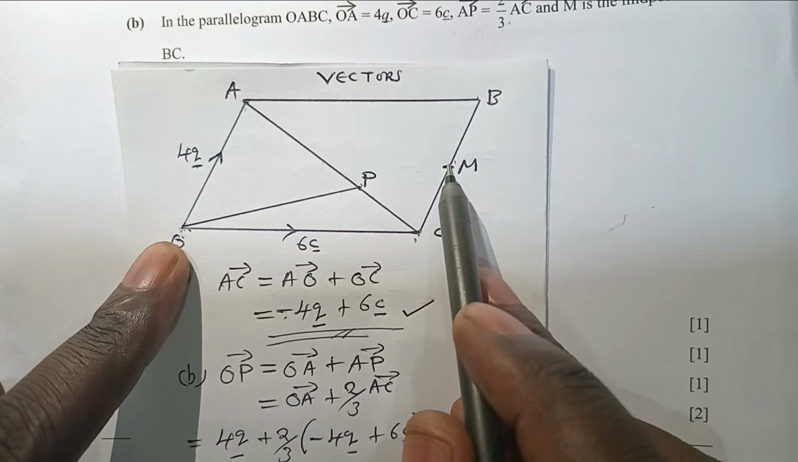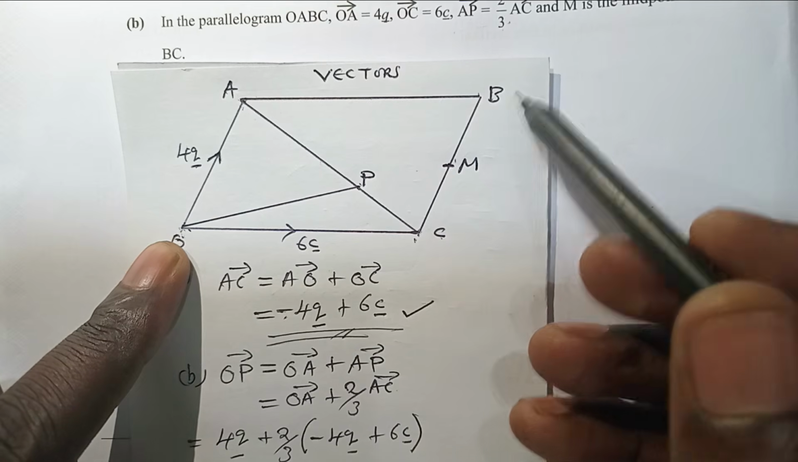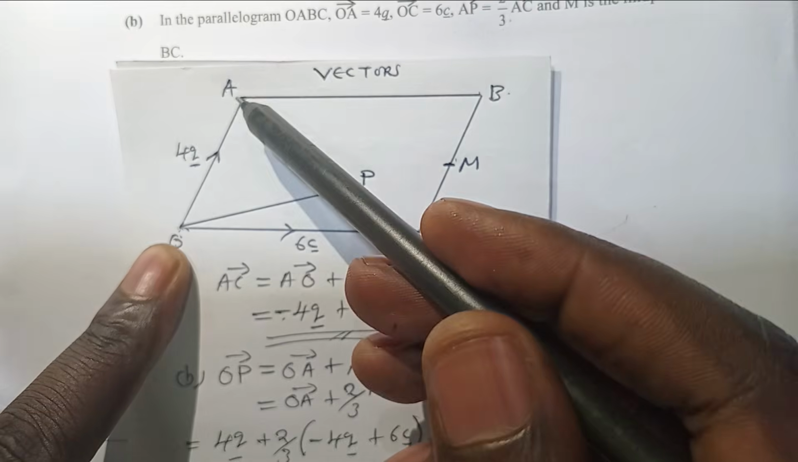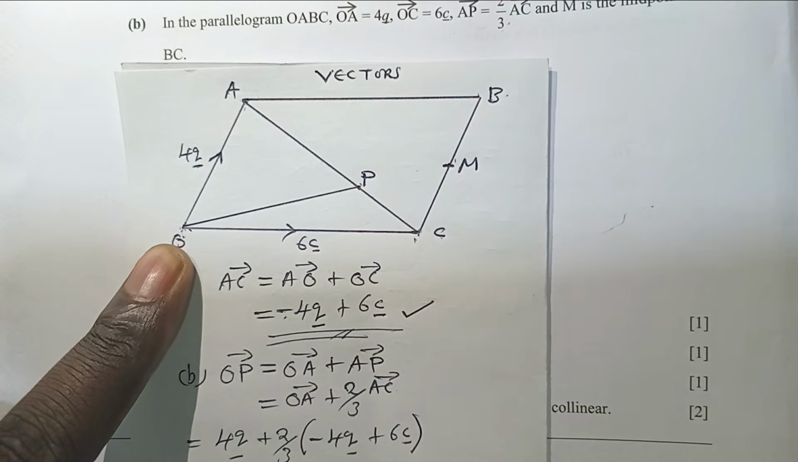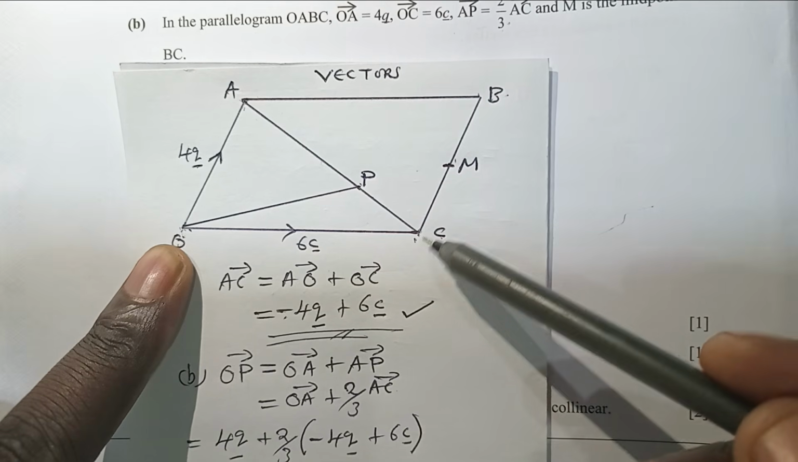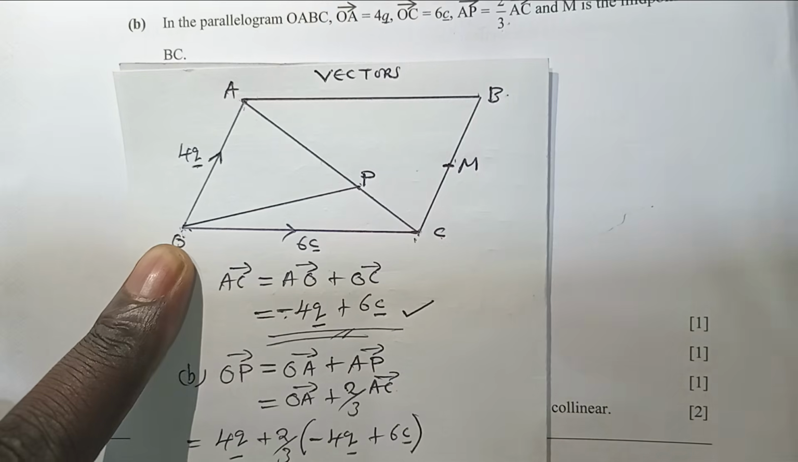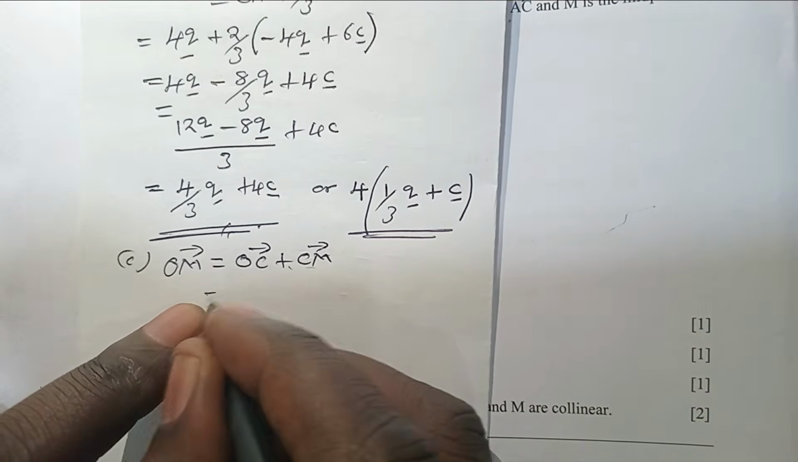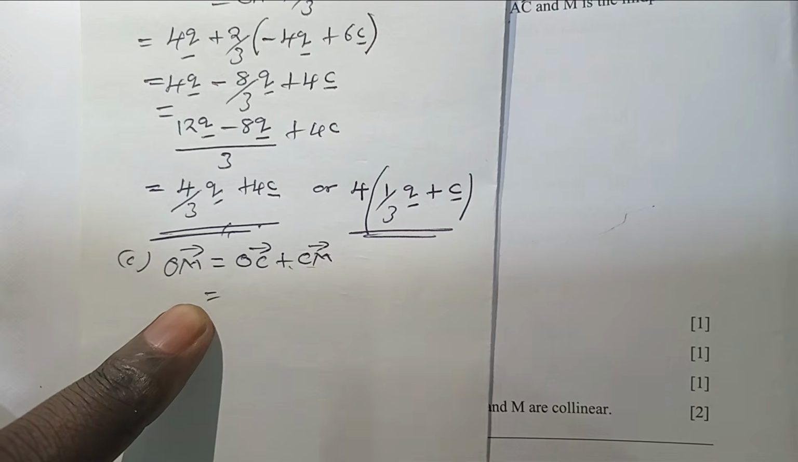OC plus CM. Understanding that CB or BC in terms of magnitude is the same as AO or OA, CM is going to be half of CB. So that is why we've taken the root for CM. And simplifying this, we are going to say OC, as indicated in the question, is